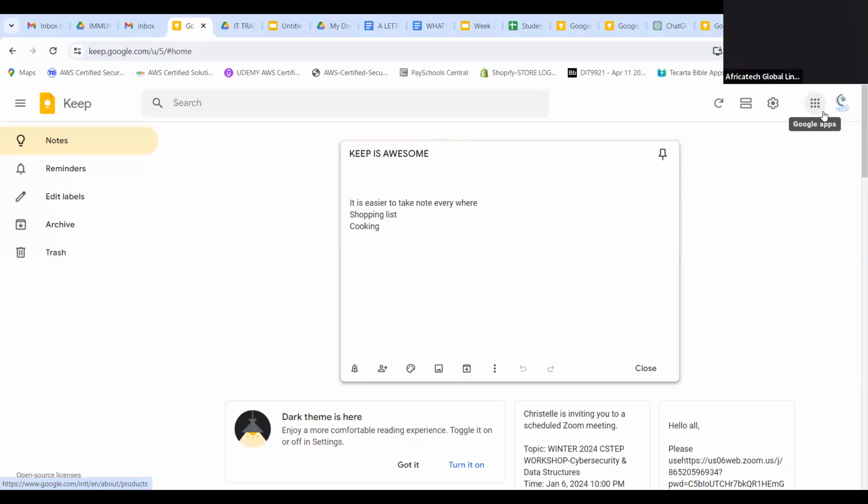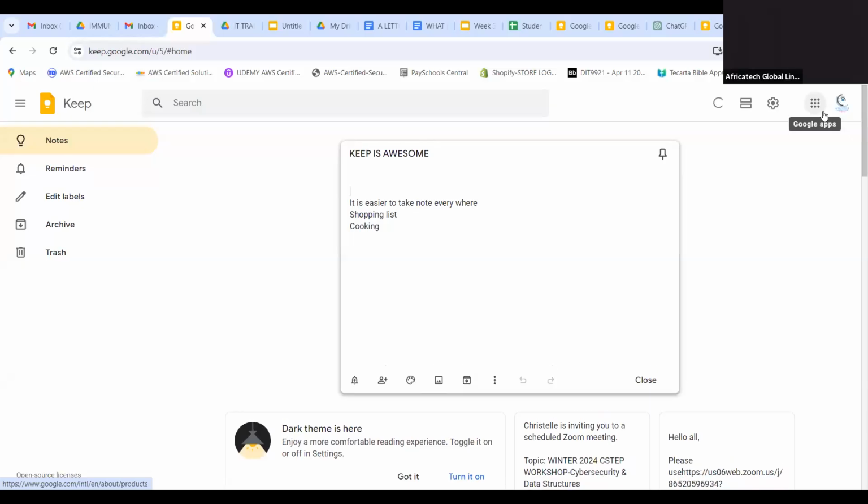I'm not sure. For people, do you have an iPhone or Google? I know where it is with the iPhone, but I also just saw it here: scan a document, autofill, scan, test. Google Drive will help me to do that. Create a new label. So you can explore, there's a lot.